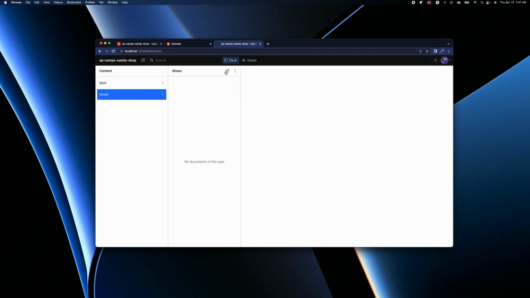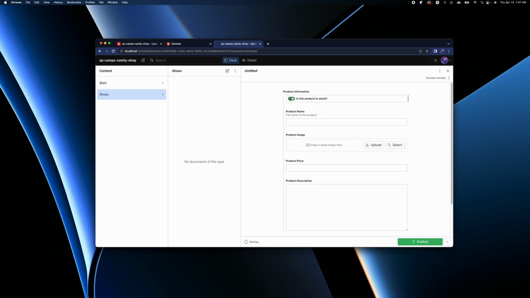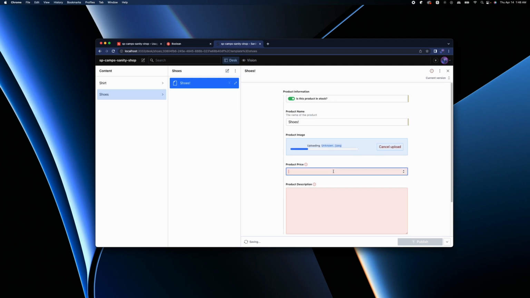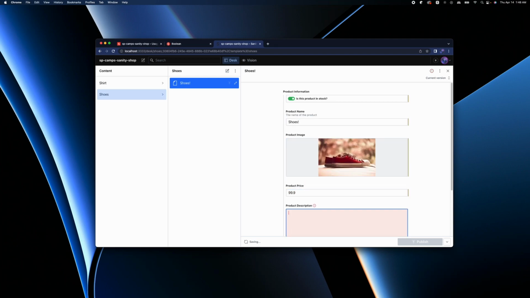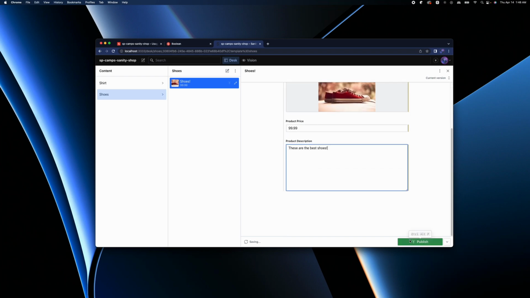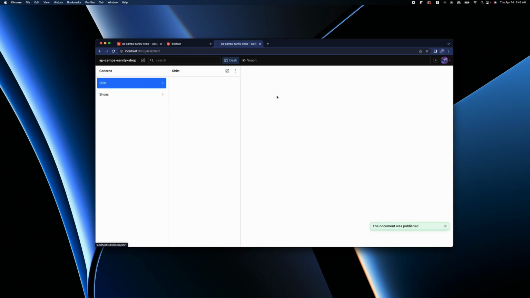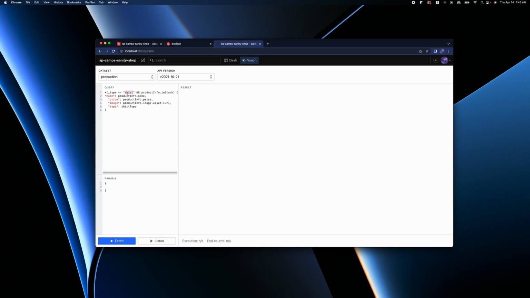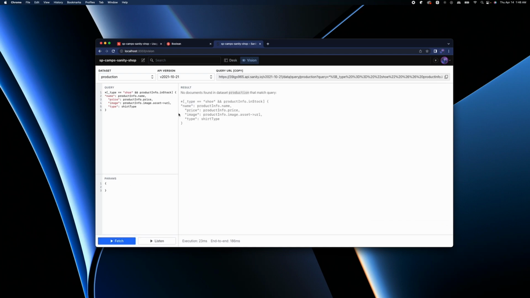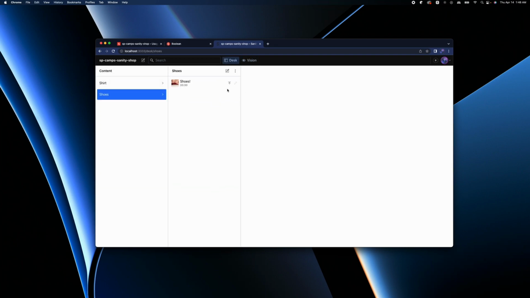Let me create a shoe item really quickly. Is it product in stock? Shoes. There. We're gonna make them equal to $99.99. These are the best shoes. Cool. Awesome. So we have these two things, right? Now I can pull the same thing with shoe, right? I just renamed it, and it's not going to find anything that's in stock because